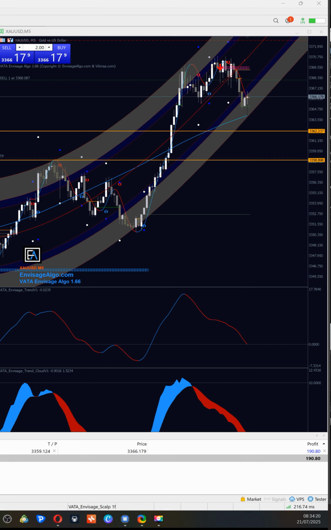So that is why you need to take partial profits along the way. You need to manage your trades along the way. On the 10 minutes time frame, the market has hit its target here. This was the signal. This was the target. On the M5 time frame, the market has hit its target, right? And this was a scalp trade, scalp slash day trade. So that is why we have taken a profit here.